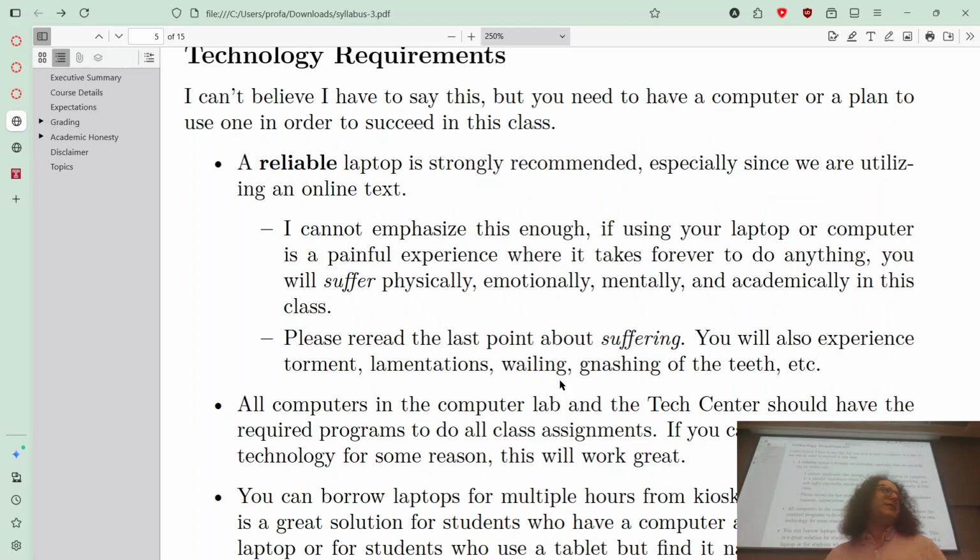Technically, it's possible to do this course without ever owning a computer, if you live on campus. The campus computers, the laptops that you can borrow from kiosks, the ones in the tech lab, the ones in the labs, the tech center. I'm not sure about the student centers, but a lot of these computers on campus have the resources you need to do your work. A reliable laptop is strongly recommended, especially since we will be doing exercises out of our